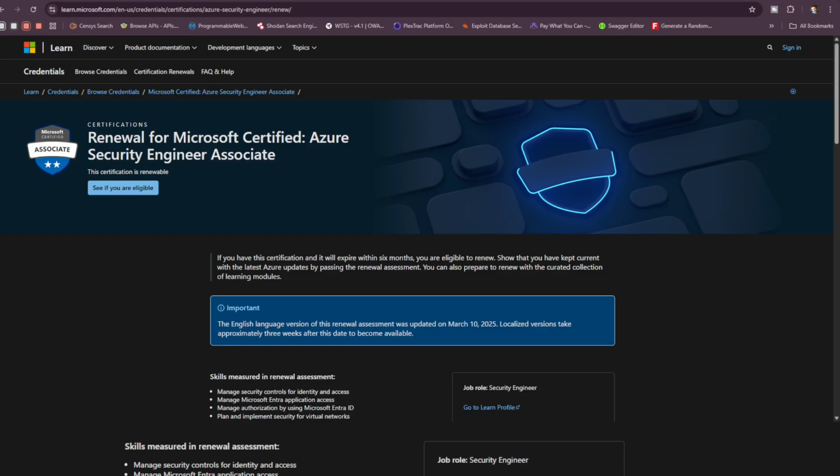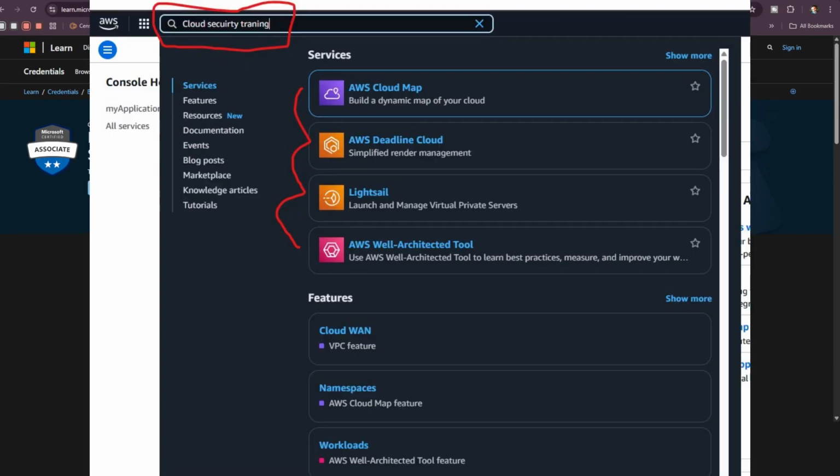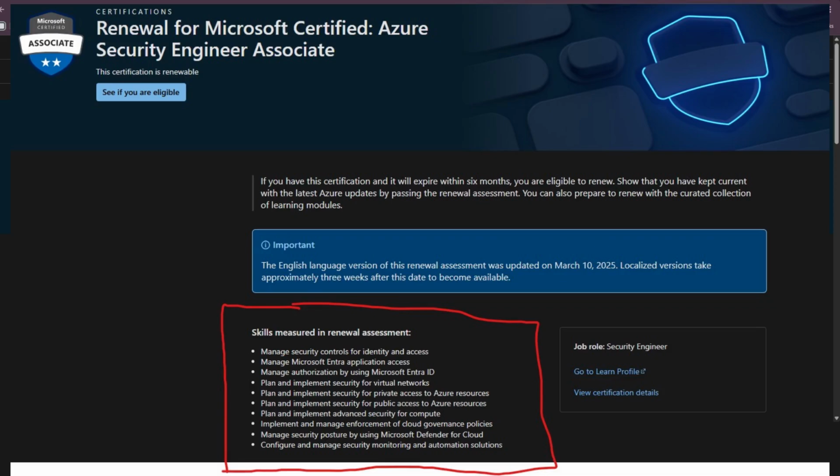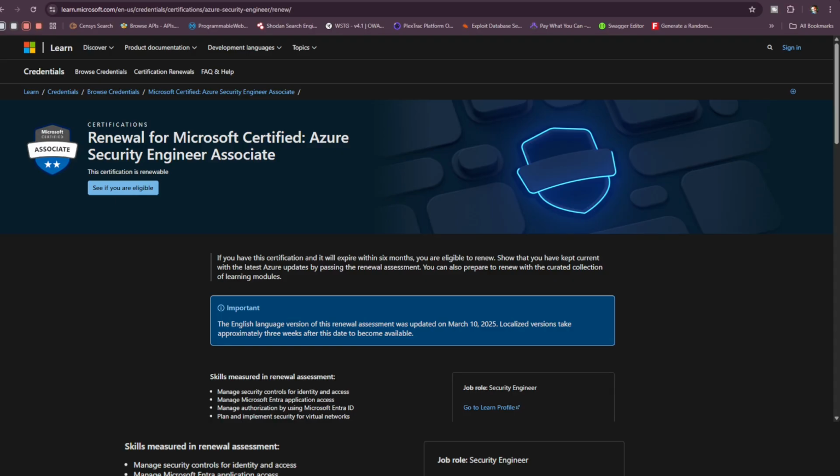The second step is to become familiar with, and later master, the cloud security services. But in the beginning, you have to focus on the main AWS security services that can secure the cloud, like GuardDuty, Security Hub, and CloudTrail, and Azure security services like Azure Defender, Key Vault, and Azure Active Directory, etc. Always focus on the most important security services that can help you as well.